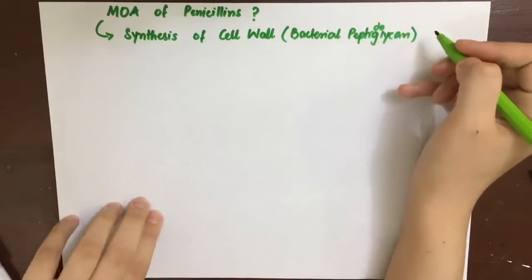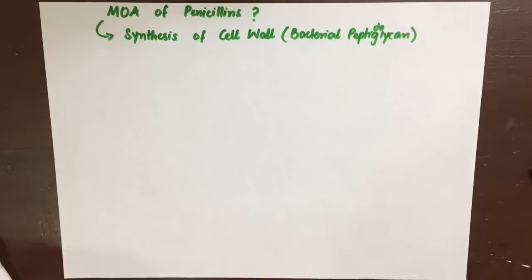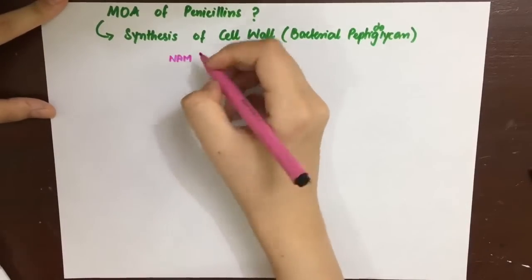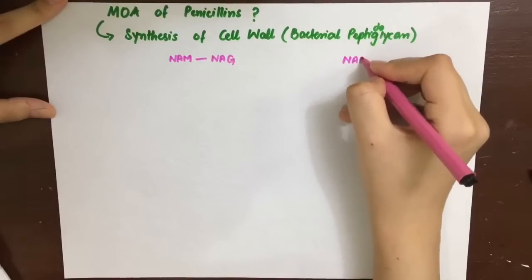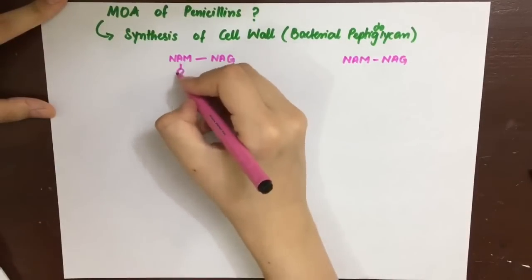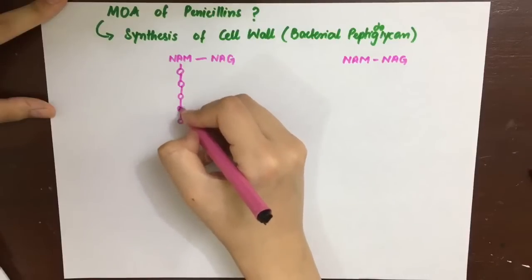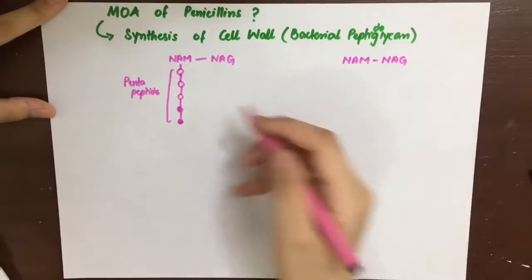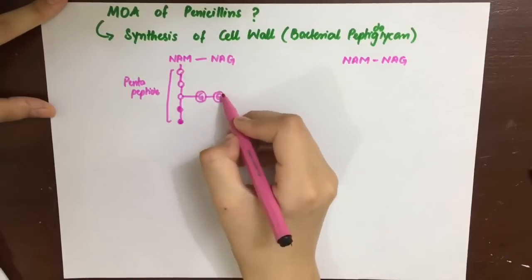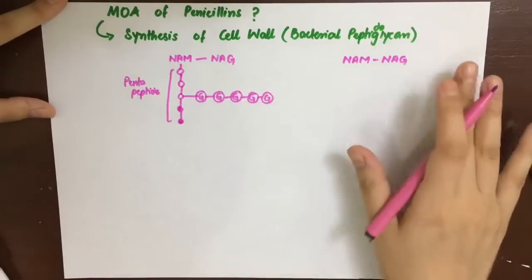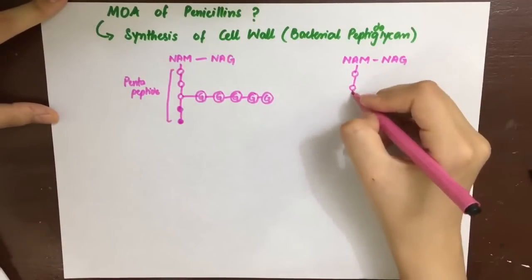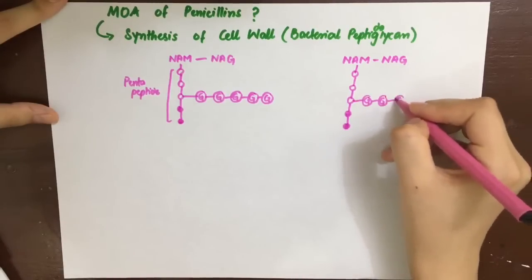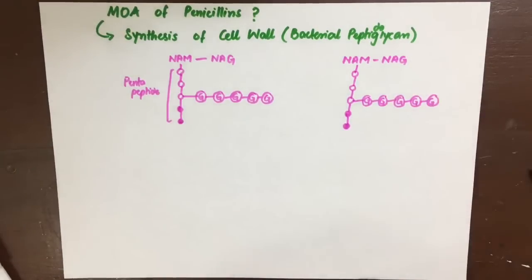Now, we know that the bacterial cell wall is made up of peptidoglycan, and as is evident from its name, it has glycan chains cross-linked by peptide chains. Now, the glycan chain is composed of alternating amino sugars such as N-acetylmuramic acid and N-acetylglucosamine. To this N-acetylmuramic acid is attached a pentapeptide which has terminal 4 and 5 D-alanine amino acids. To its third amino acid is attached a pentaglycine chain, and this pentaglycine chain actually needs to bond to the fourth D-alanine